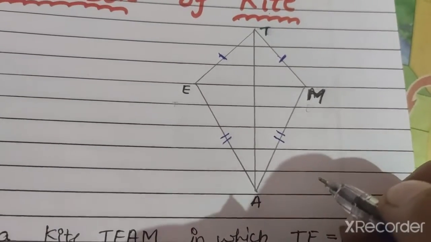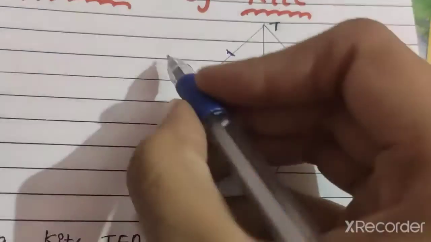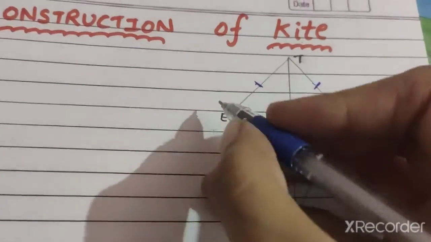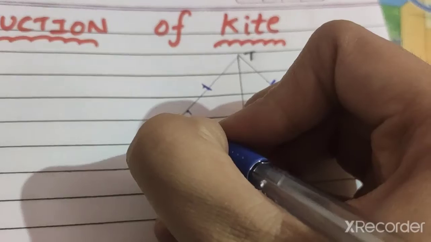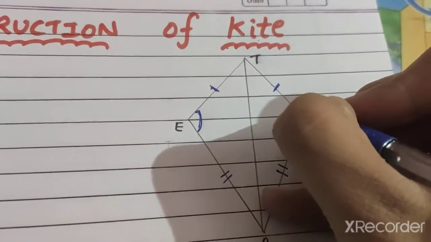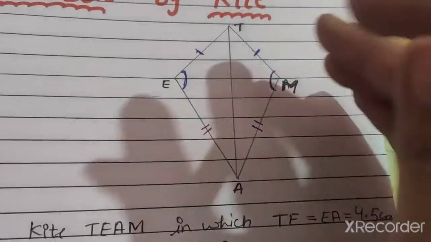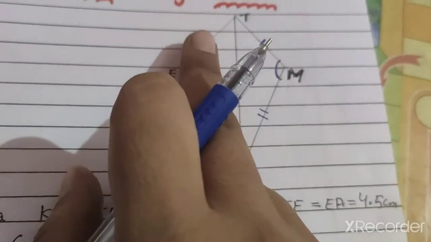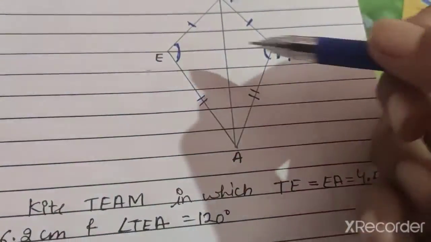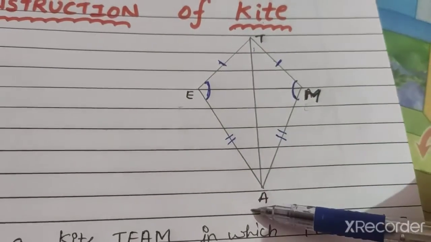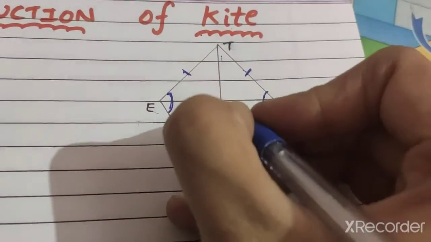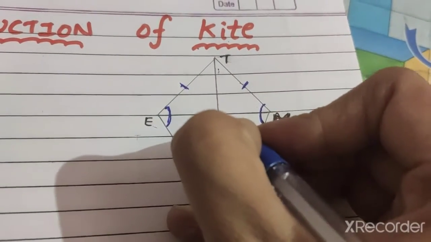And apart from this property, what about the angles? According to the properties of the kite, angle E will be equal to angle M. Okay, and apart from these properties of the angles and the sides, what about the diagonals? As you can see, there are two diagonals, one vertical and second horizontal, and these two diagonals intersect at point